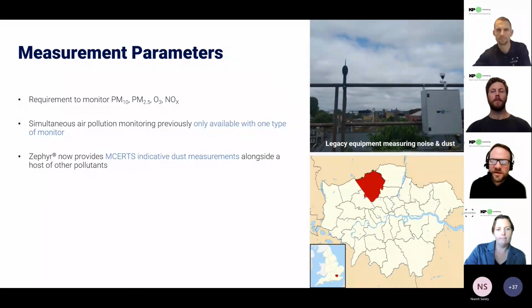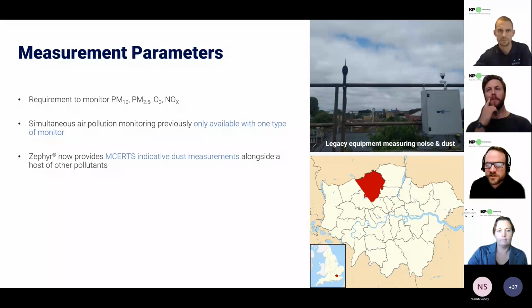It is usually a requirement of building and construction sites that we monitor PM10 particulate escaping from the site. However, it's often required for us to monitor PM2.5 particulate, as well as pollutants such as ozone and NOx. With historic monitoring systems, we have sometimes been able to monitor both PM10 and PM2.5, but this was only possible with one type of unit, and with others, you'd need to change the cyclone on top of the inlet to change the particulate size. This unit is used a lot in the industry at the moment, but we see that changing pretty quickly now that the Zephyr is MCERTS certified.